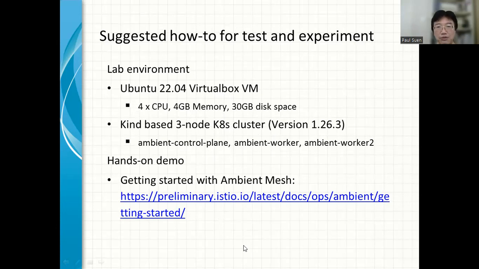And the bulk of the work in this demo borrowed heavily from the Getting Started guide available on the Istio website. So you can refer to this URL link for more details about getting started with ambient mesh.